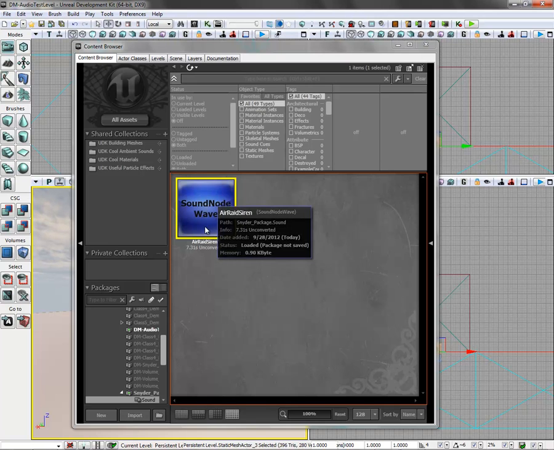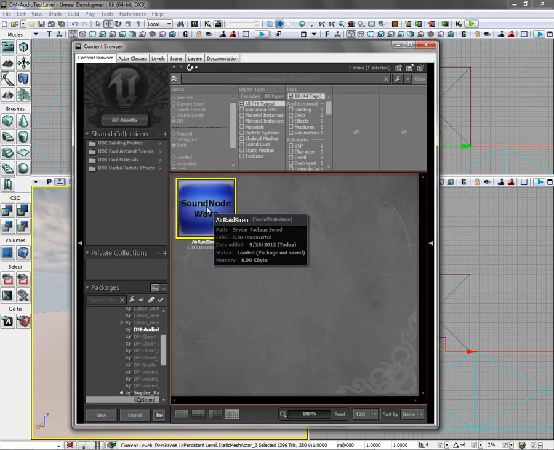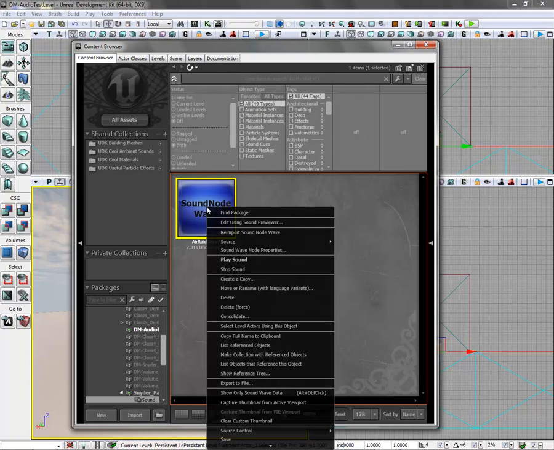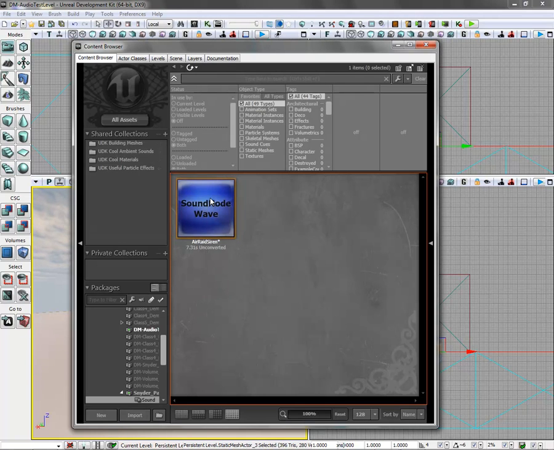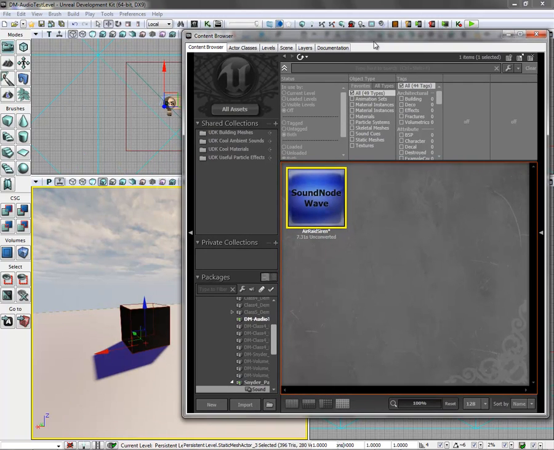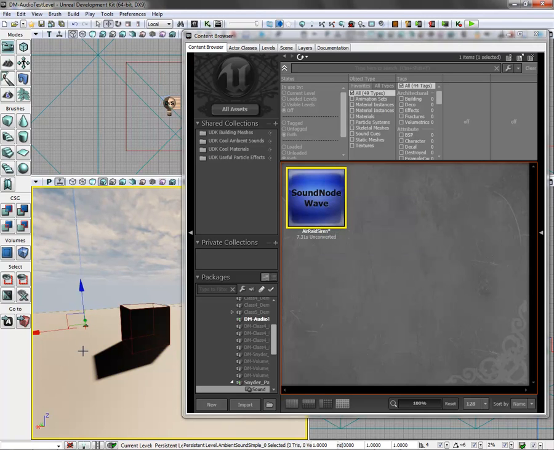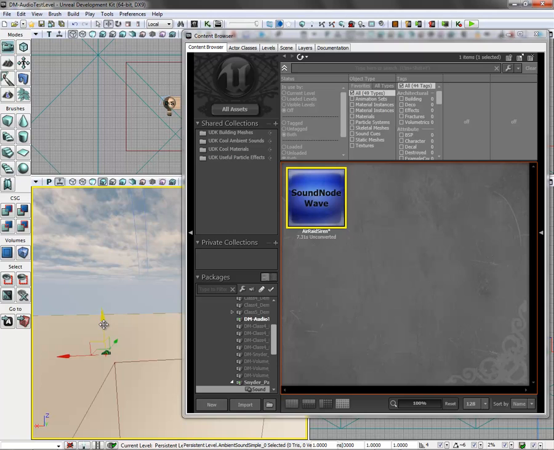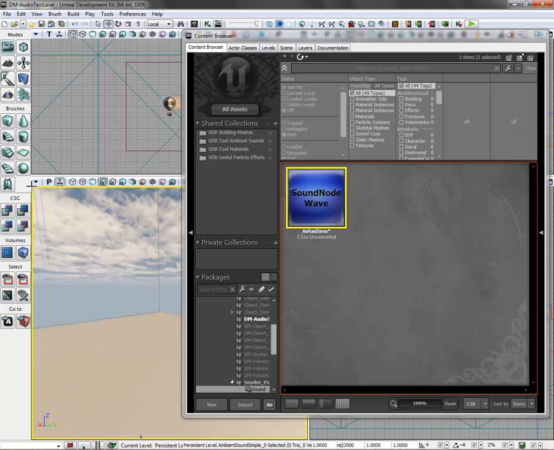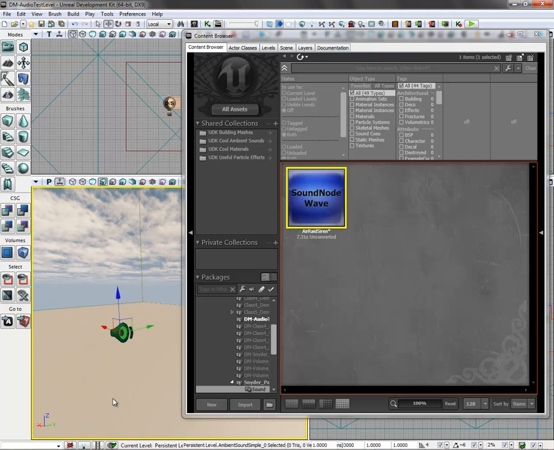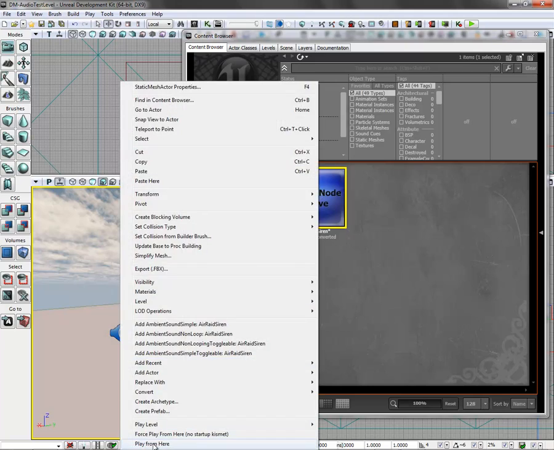And now what it creates is something called a sound node. And if I double click this, it'll play it. Let me just stop that. What I can do is basically drag this into a scene. So I just simply grab the sound and bring it in. And now you'll see there's an actual placeholder in the scene for that sound. And if I play the scene from right here,